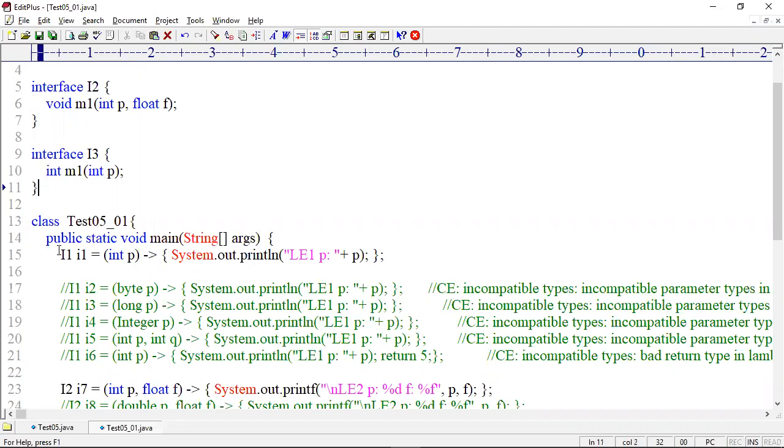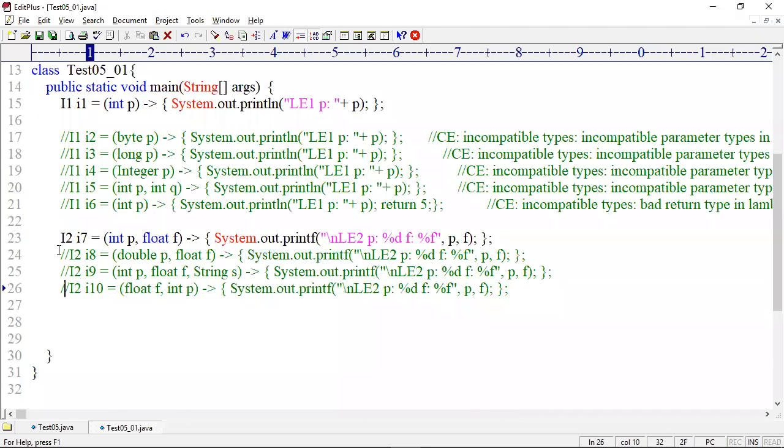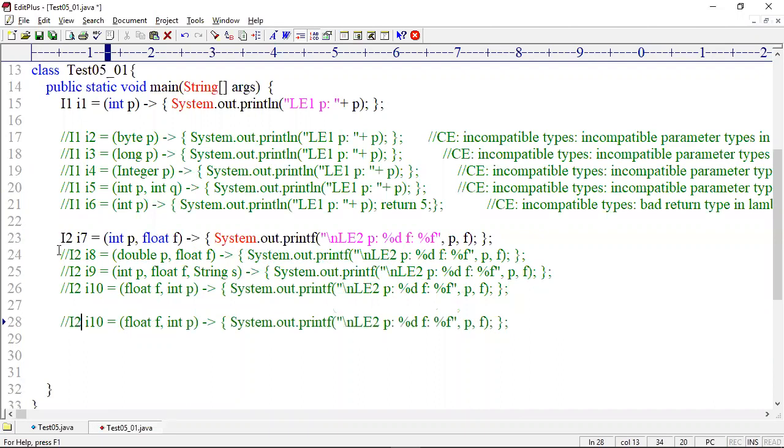Then how to write a lambda expression? I3 I11 equal to int p arrow System.out.println lambda expression 3 p percentage. Now remove this p. I must return a value, right?